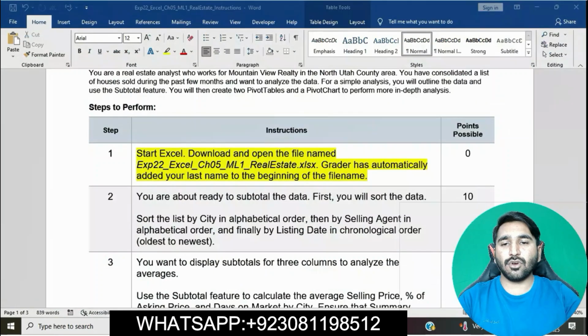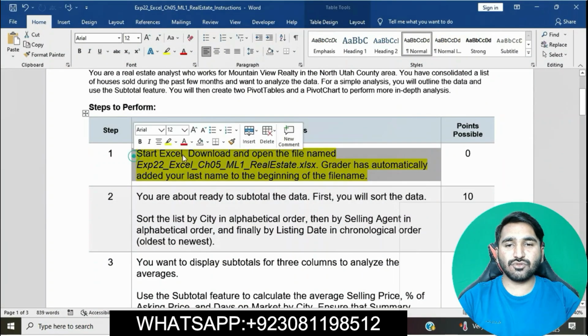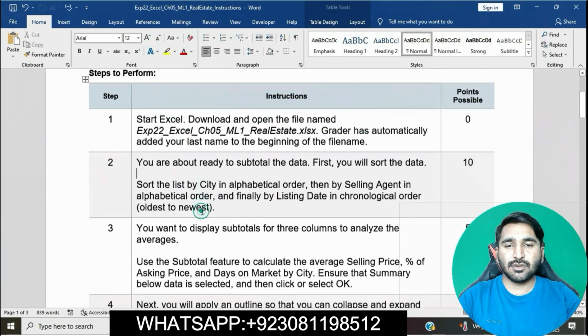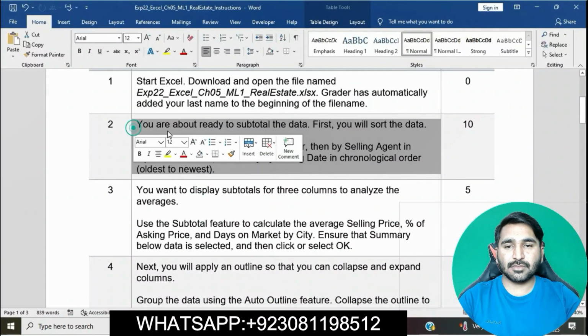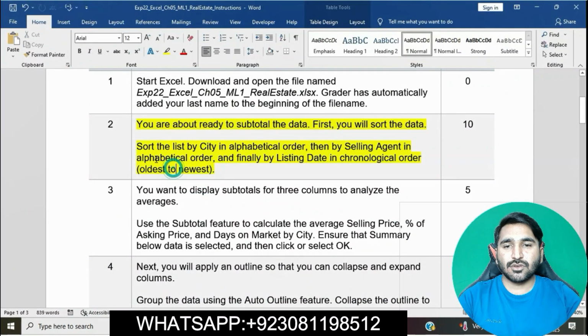Okay. Now moving on. The next question is question number 2. Sort the list by city in alphabetical order, then by selling agent in alphabetical order, and finally by listing date in chronological order, oldest to newest. Basically, in this question we will sort the